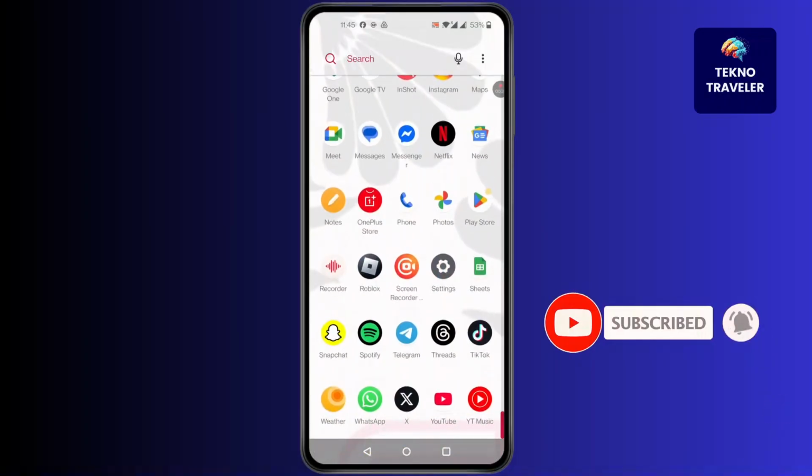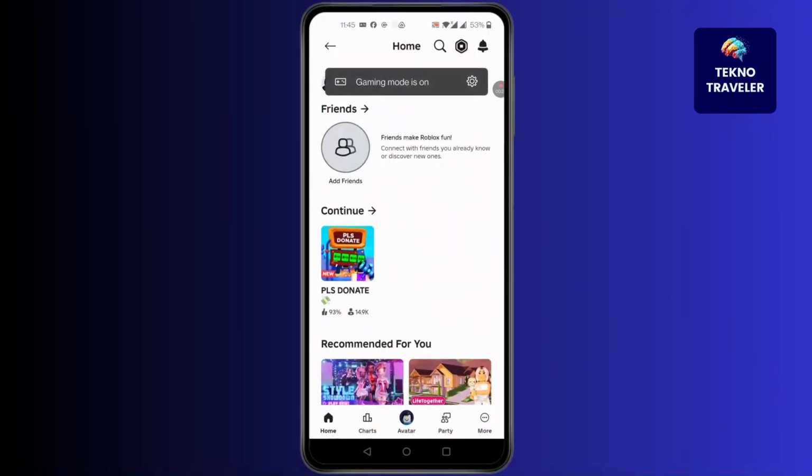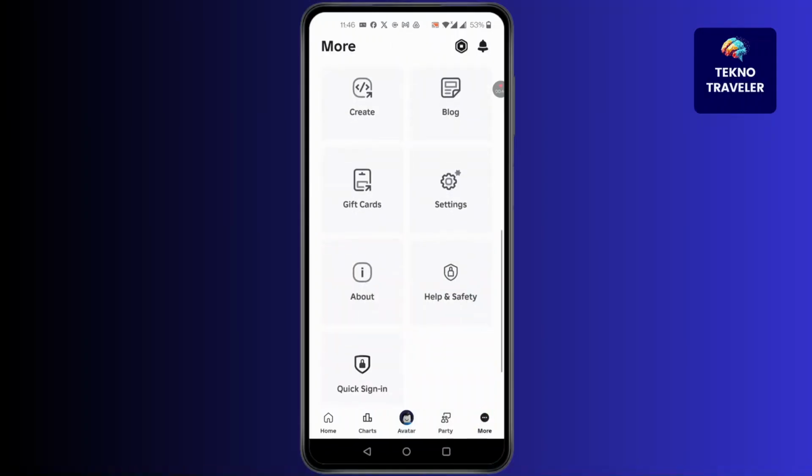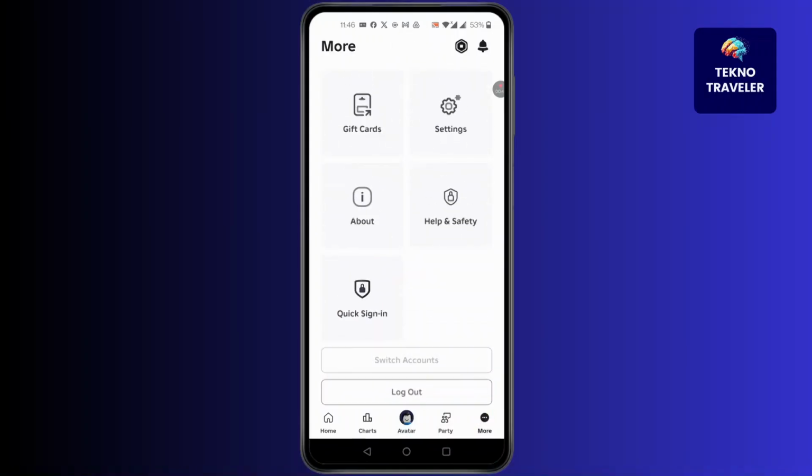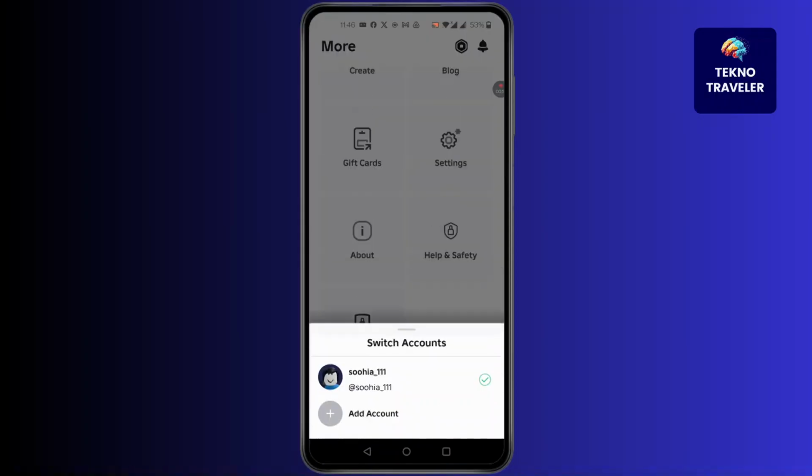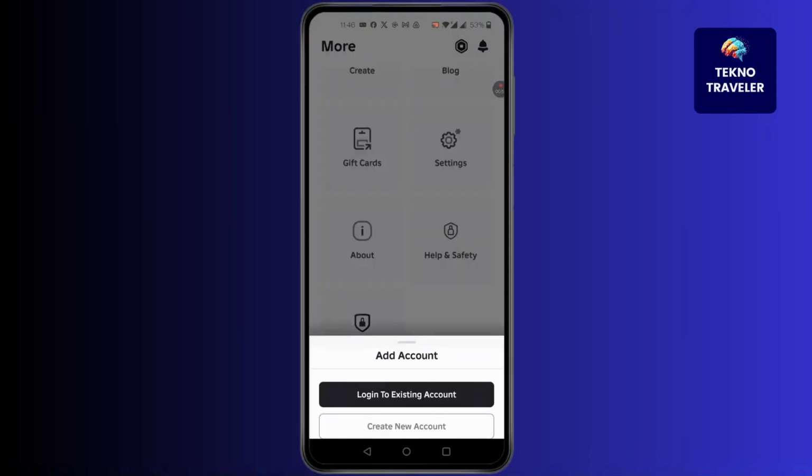First, open Roblox. Log into your account, then click on three dots located on the bottom right corner of your screen. Then scroll down. You'll find the Switch Account option. Click on Switch Accounts. And then if you have not added your other account, click on Add Account and then